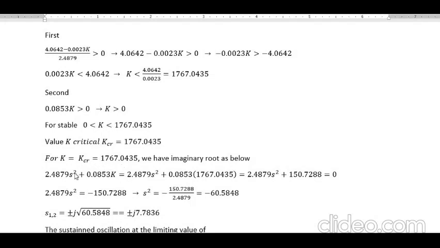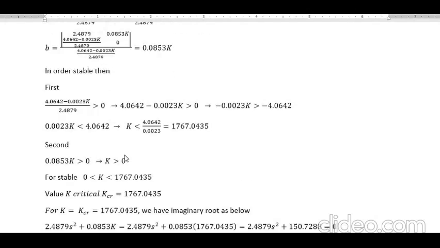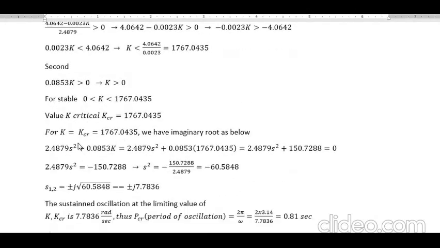We use the second order part of this, and from this we can get the PCR. We have the value of K, and then we substitute it into the formula, and we get this, equal to 0.